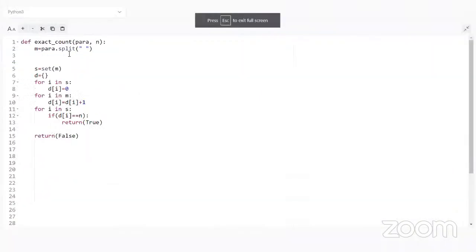Sir, can you tell me about that split? How does it work? So the split function actually splits at special characters. Let's say comma is there, space is there, right? Suppose you take some four names: Ravi, Alex, Mayur, Sneha. So Mayur comma Alex comma Ravi comma Sneha, these four,